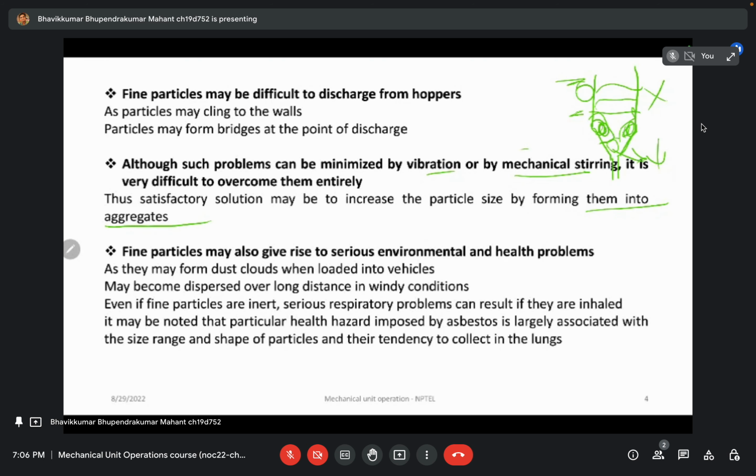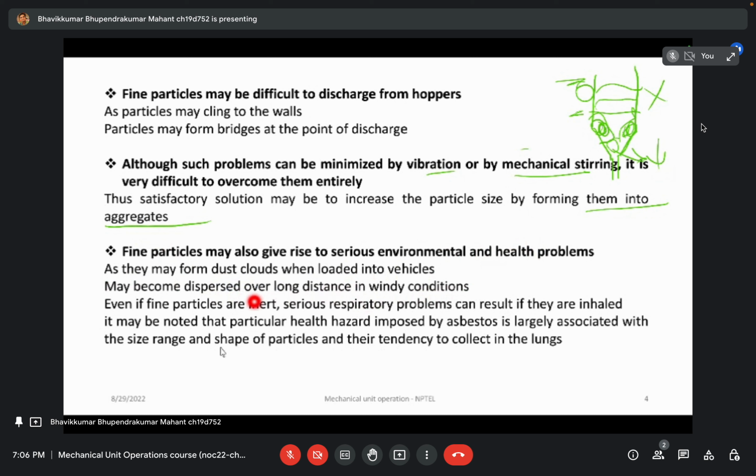Now there is one another issue. If we use the fine particles, then they have some serious environmental and health problems. Definitely, as we have some silicosis and some due to asbestos, there are many health issues going on, including the carcinogenic issues. Because the small fine particles form dust clouds when loaded into the vehicles, that may